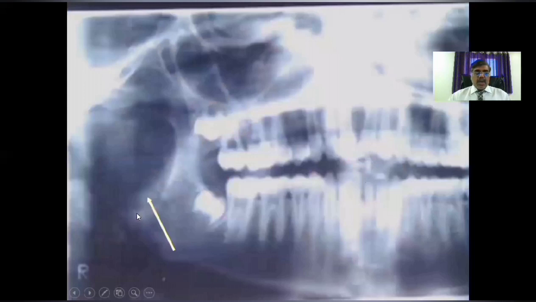This is another example, a young boy with a rapidly growing swelling in front of the ear in the ramus of the mandible. The panorama showed a well corticated lesion, located in the ramus towards the condyle. So a clinical diagnosis of cartilaginous pathology from the condyle or bone pathology from the condyle and ramus was made. Chondroma, chondrosarcoma and osteosarcoma were considered because it is rapidly growing, with mild pain also. So biopsy proved it was osteogenic sarcoma.